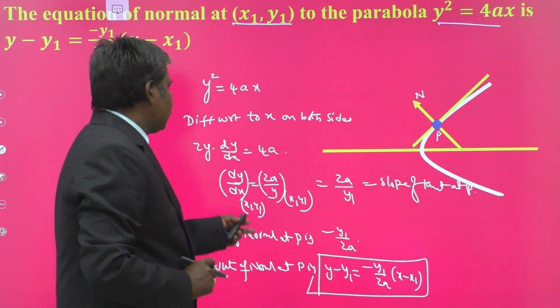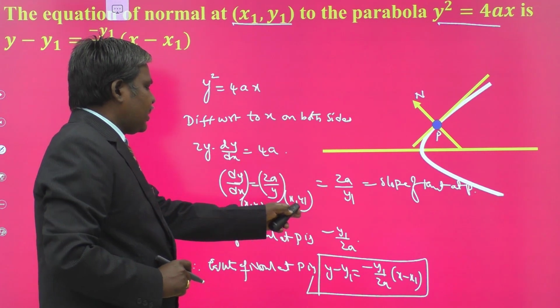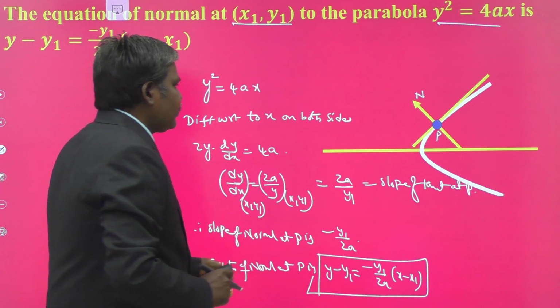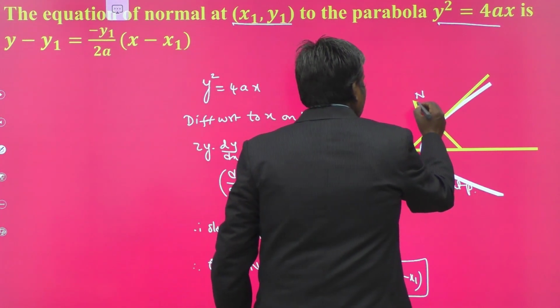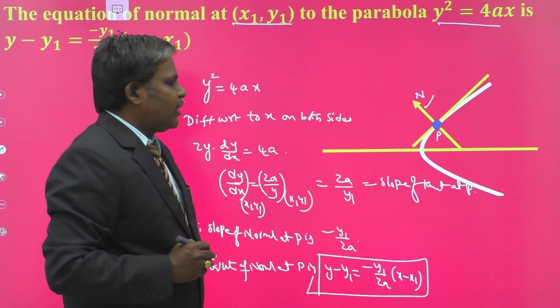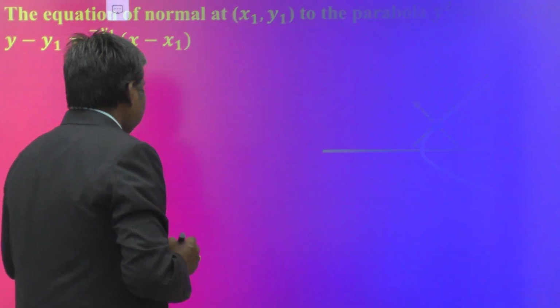Very simple derivation. By differentiation itself we obtain the slope of tangent and reverse with minus sign. You get the slope of normal at that point, and with the help of the point and slope you can write the equation of normal to the parabola at the given point P. Okay. Now,